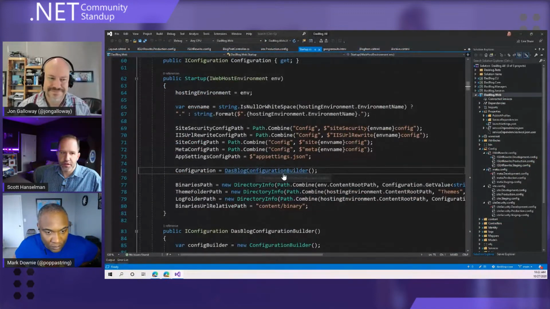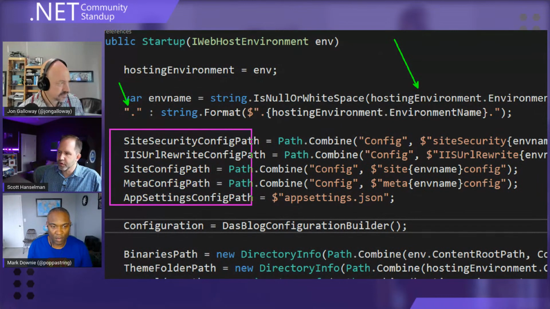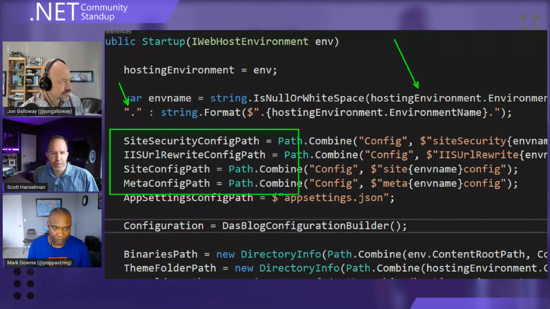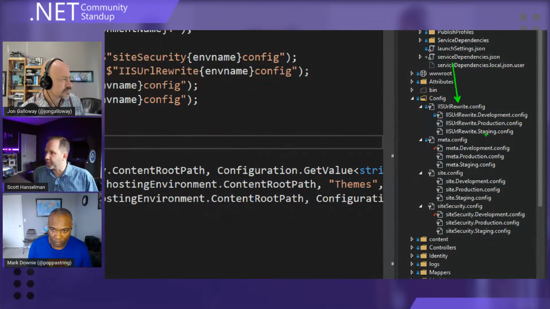I don't know if you saw, Mark, that I appreciated what you did here, which is if there's a hosting environment, we'll use it. Otherwise, we'll just use dot. And then you've got your standard config files, but these are all non-standard config files. These are DOS Blog specific files. And we can name an environment whatever we want. We could have test or cloud. I could make site.cloud.config if it made me happy. DOS Blog doesn't care.